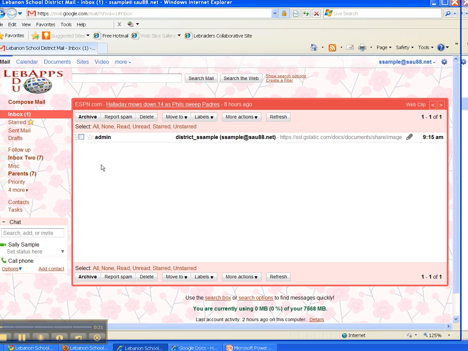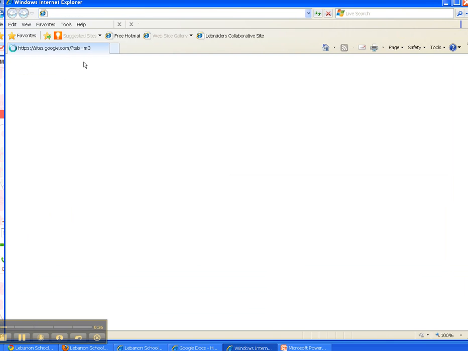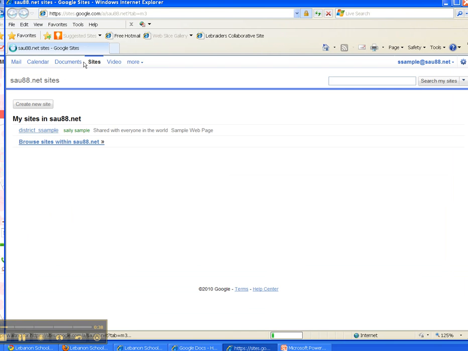When you log into LabApps and you're in your mail area, at the top you see the other options you have available to you. One of those options that shows up on your list is Sites. To access your website, just click on Sites, and you should be able to see your site on the list. If you don't, you need to contact your technology administrator to make sure that your page has been permissioned properly. But you should see something like